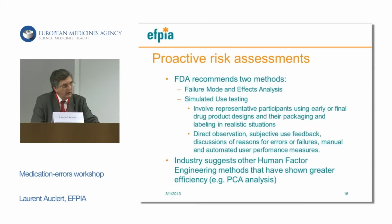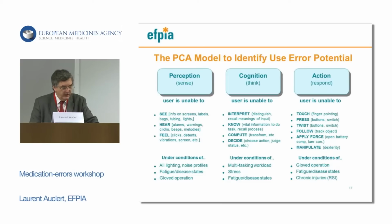The industry would like the regulators not to be too prescriptive in those types of errors. And what is sure is that this methodology uses what we call human factor engineering methods. FMEA is one of those, but there are others. And for instance, I am going to show you what is used in my company, called the PCA analysis, which is a method,